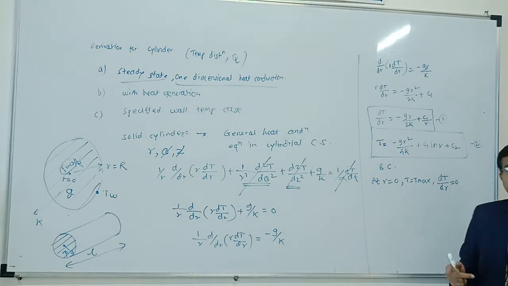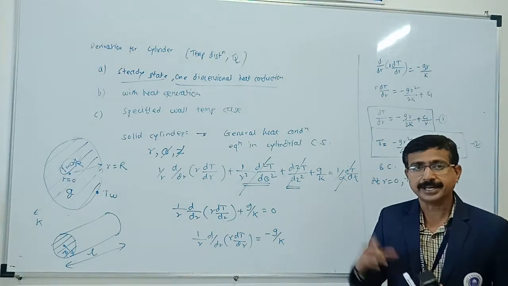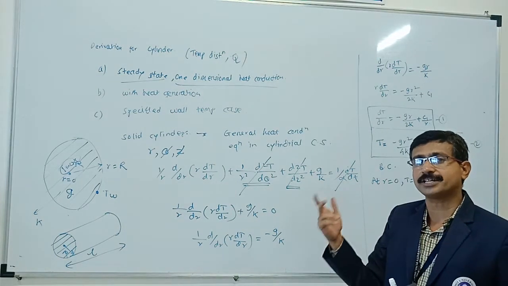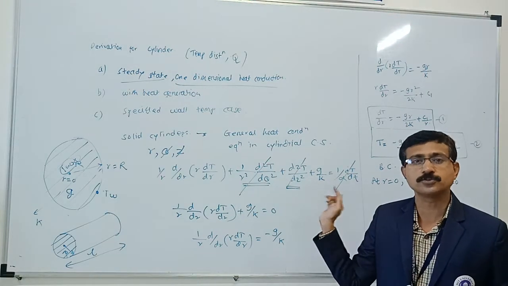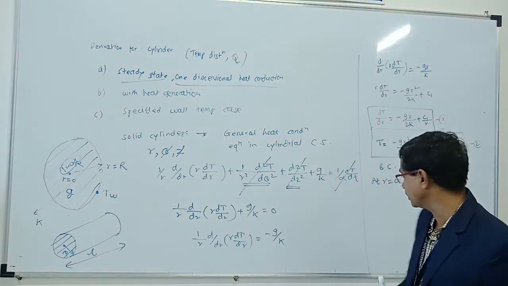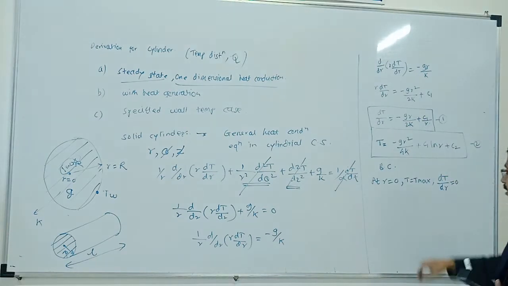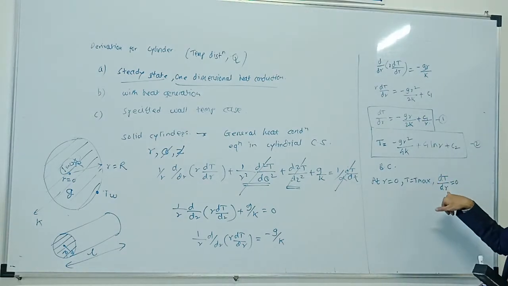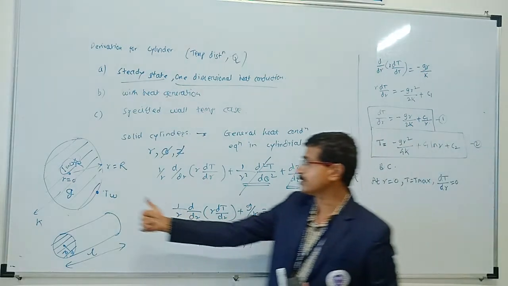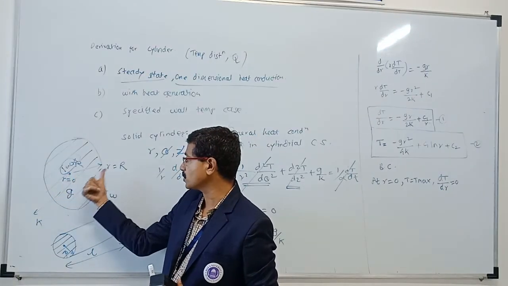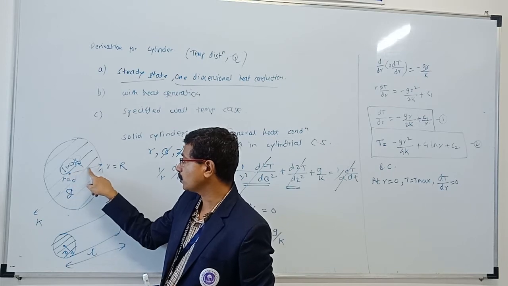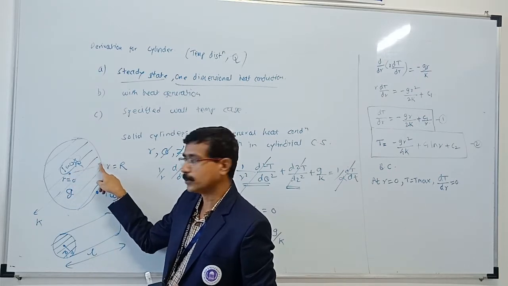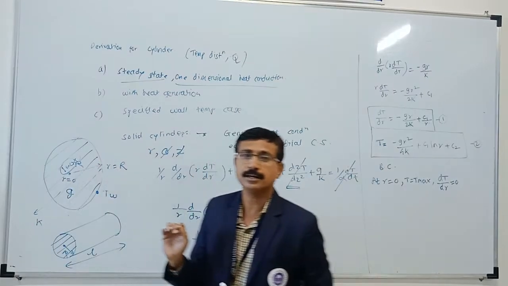You know from mathematics, maximum condition. Anything is maximum and you are differentiating it with respect to some variable, you can always write it equal to 0 for maxima or minima condition. T is max, so dT by variable is what? Radius is changing from center, r is equal to 0 to r is equal to R. So what is variable? R increase होते capital R बना यहाँ. Okay, so variable is capital radius.